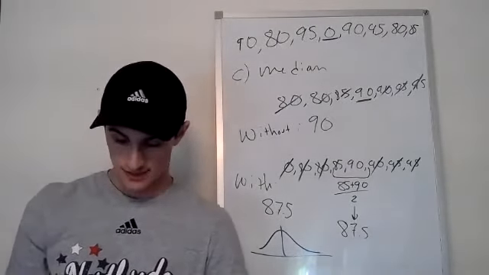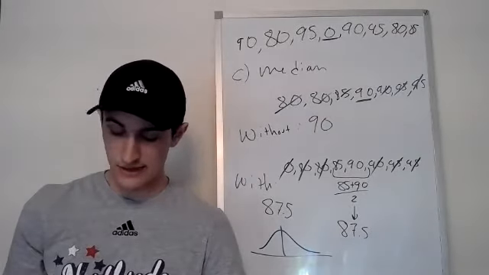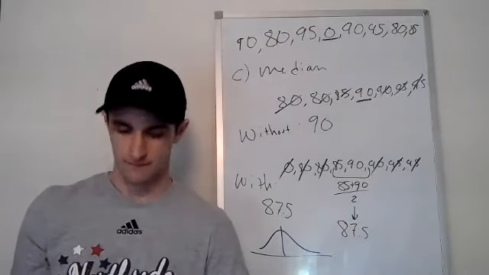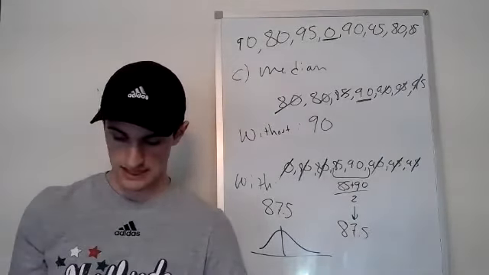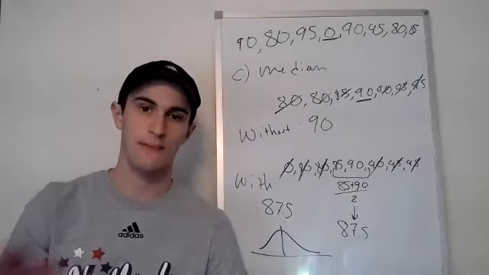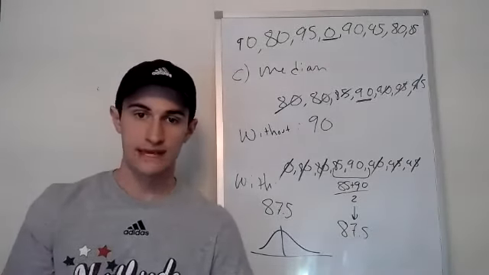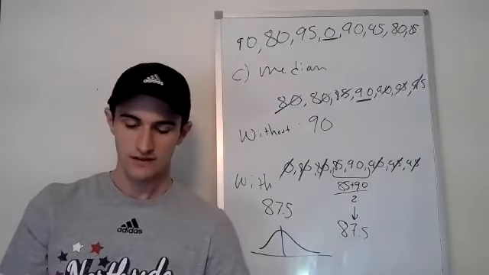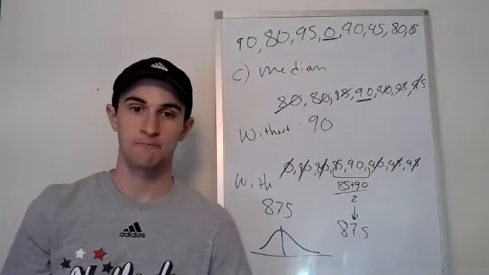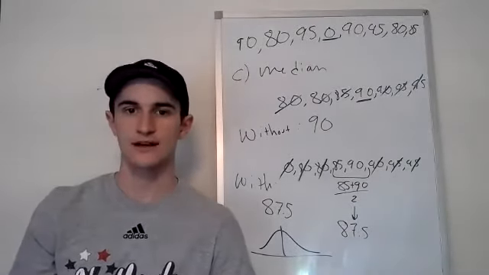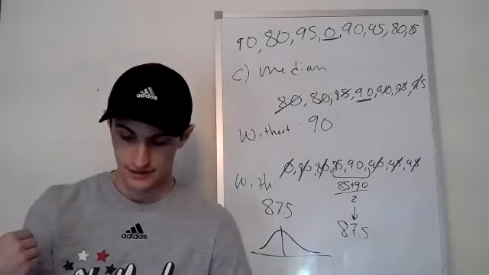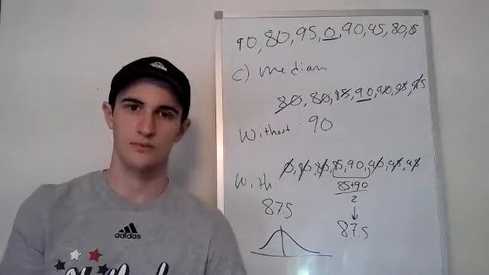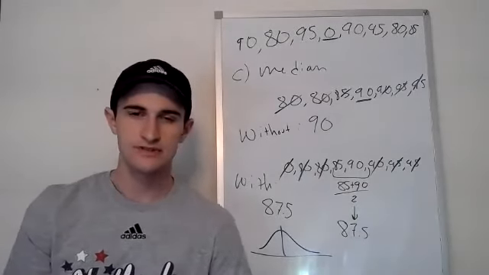All right, so E says which measure of center, mean, or median best describes the data set. It's going to be median, actually, because, again, you need the outlier present to talk about the whole data set. So this is with the outlier, looking at 76.9 or 87.5. If you look at the grades, most of them, besides the outlier, which is why it's an outlier, are closer to 87.5 than 76.9. So the median there is going to describe it a little better.